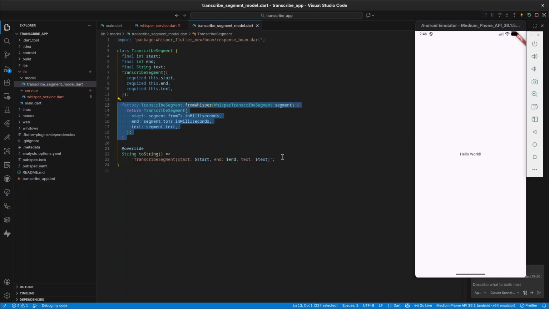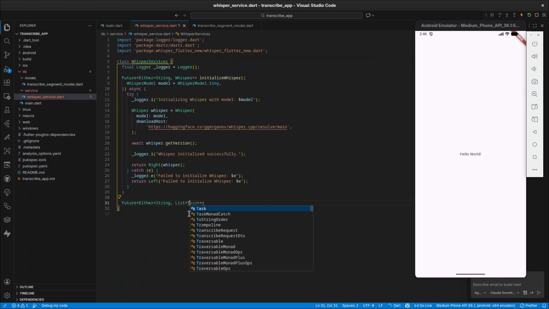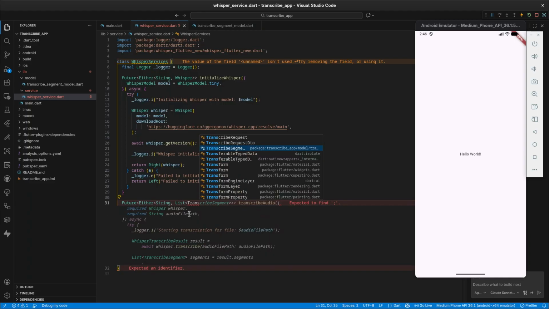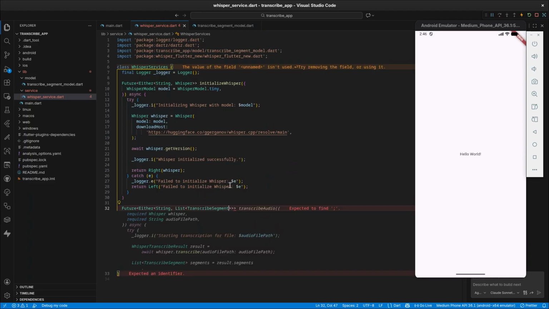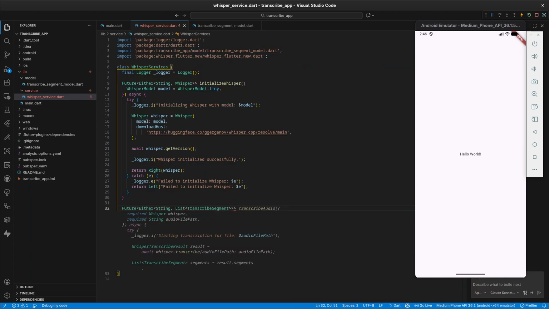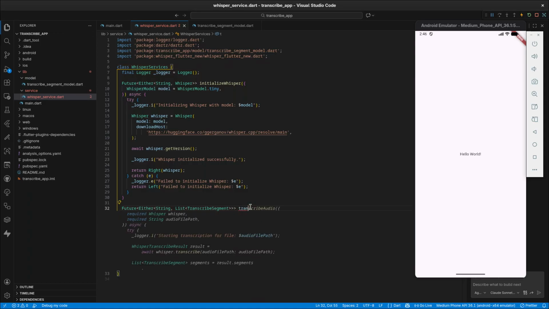And so you have a string that we'll be able to print inside the terminal to visualize and see what is happening. Okay, so that is it. Make sure you have imported it here at the top. Then at the bottom here, we name the method itself. So just transcribe